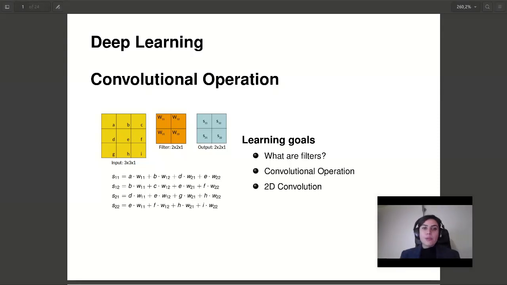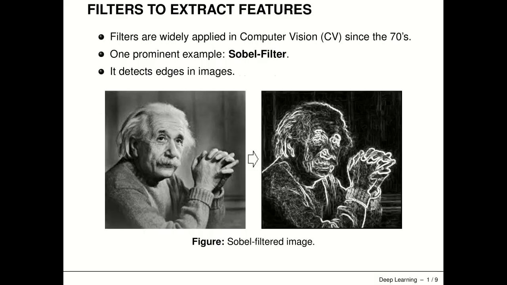This section is about convolutional operation. Specifically, we will learn what the filters are, what the convolutional operation is, and 2D convolution at the end. Image filtering is not a new technique in image processing and computer vision, and filters have been widely applied in this